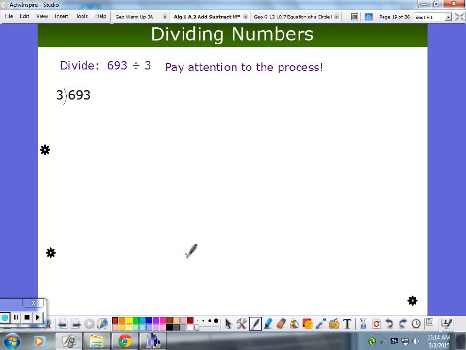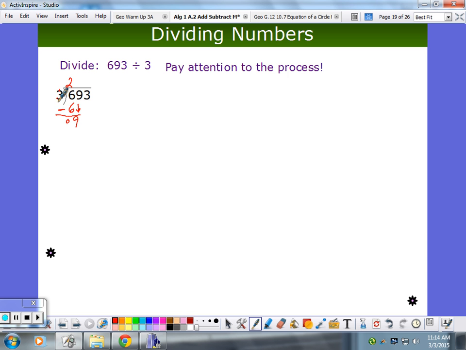So dividing polynomials, it really is a lot of the same steps as when we did numbers. We're going to divide this using long division, but I really want you to think about the process. You probably do this on autopilot now, just boom, boom, boom. Let's think about what you do. So you say 3 times some number gives me 6. What's that number? 2. And how do you get there? You said 6 divided by 3. Then what's the next step? You multiply, right? 2 times 3 goes underneath. You subtract, right? Isn't this how we do long division? Okay, so the 0 comes down, and then we bring down the 9,